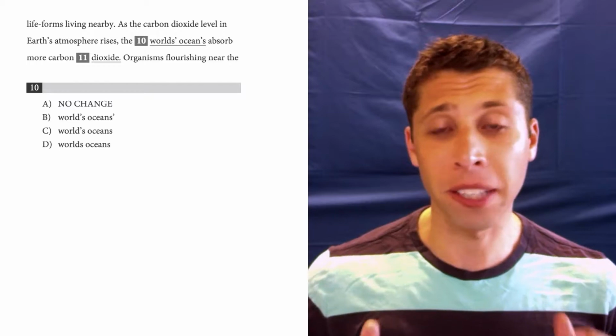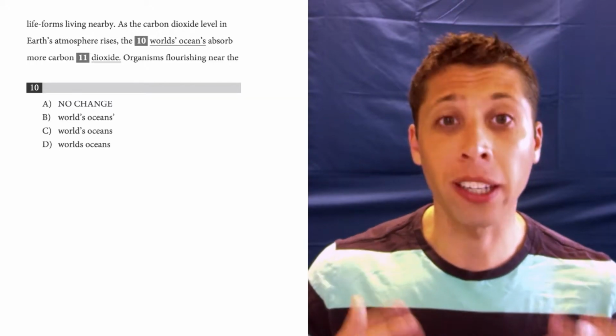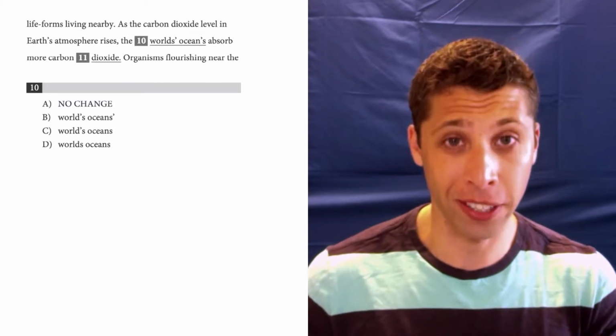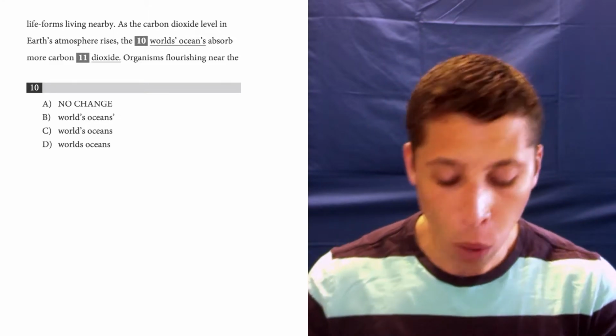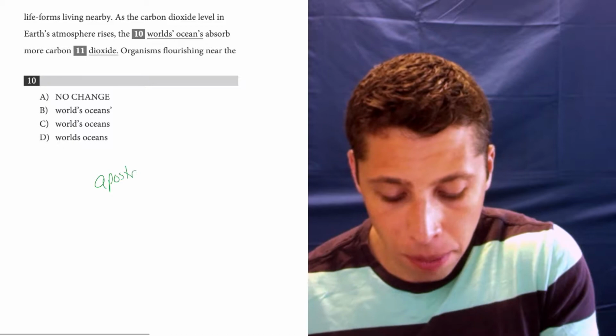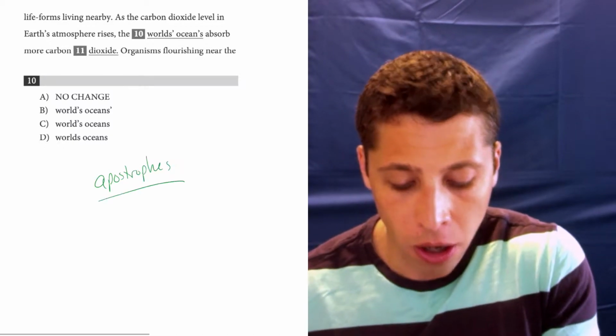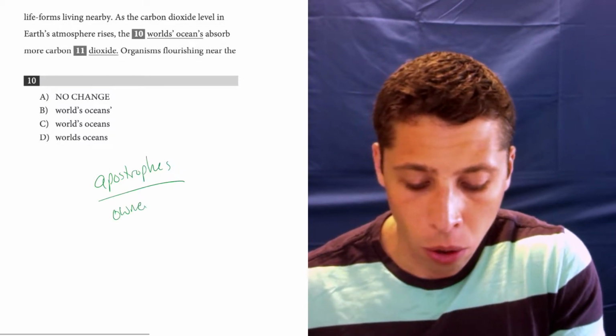The choices here make it very easy to predict the question. We're clearly talking about apostrophes. There's apostrophes on worlds. There's apostrophes on oceans. What is an apostrophe? Well, remember, apostrophes are used to show ownership,